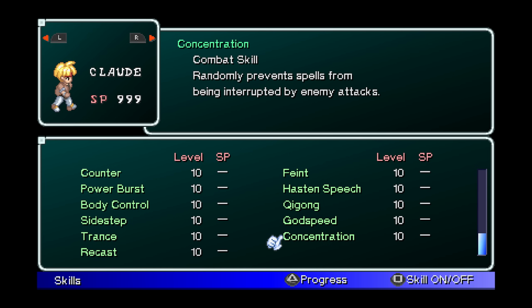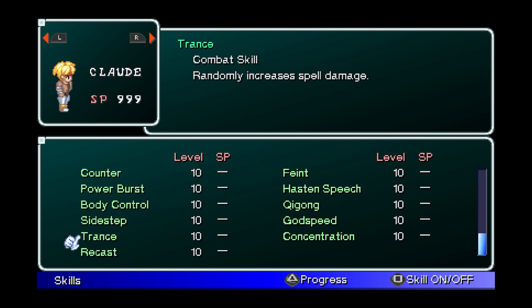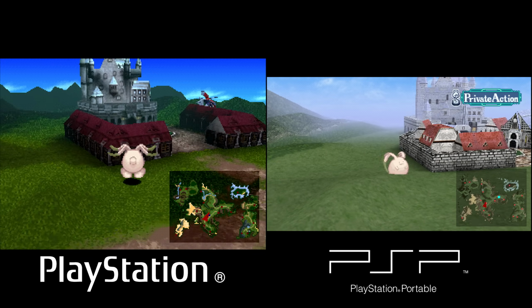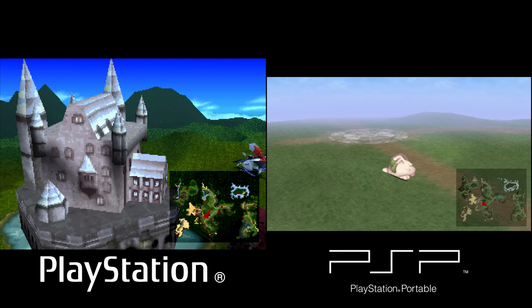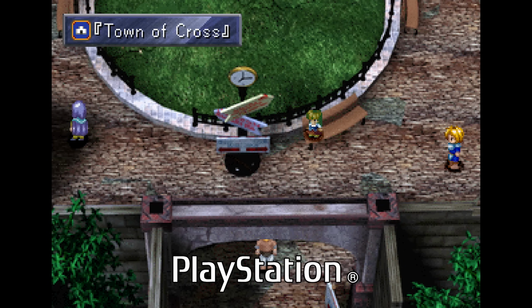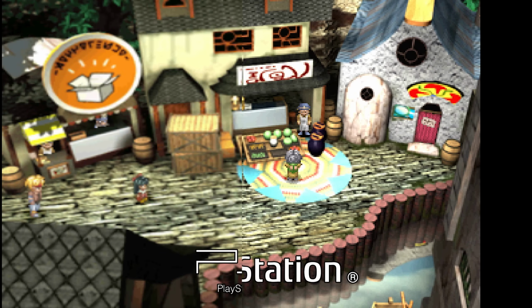New skills include Concentration, which is a chance to prevent spellcasting from being disrupted when hit, Recast, which reduces spell cooldown, and Trance, which has a chance to increase spell damage. And there's other minor changes like the Bunny Call super specialty can't be used to climb over towns and certain terrains anymore. Backgrounds have generally either been zoomed in on or are stretched and are generally more compressed than they